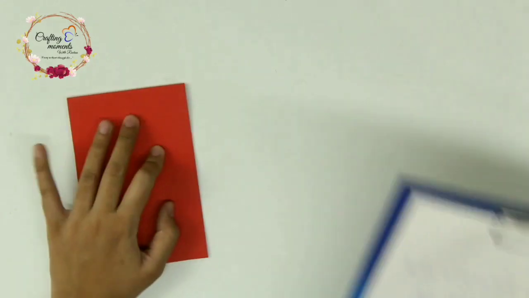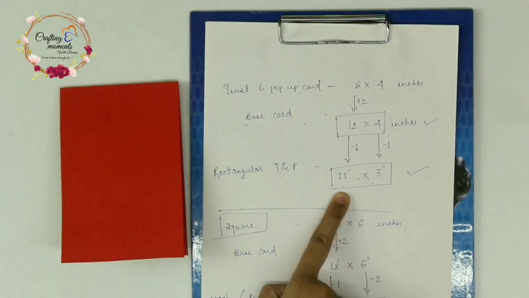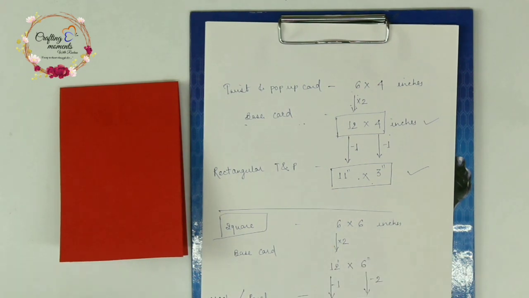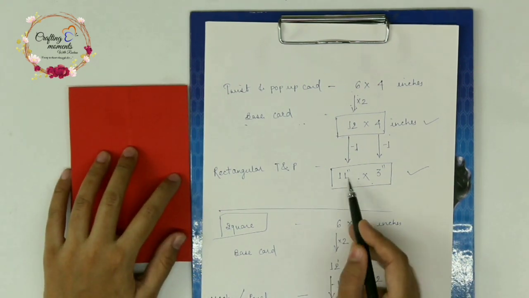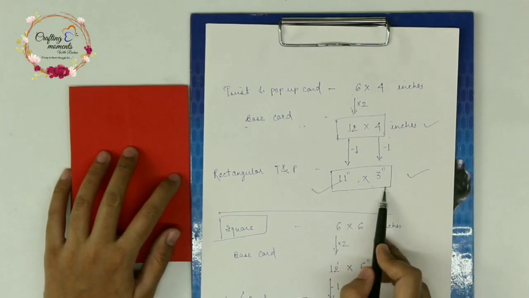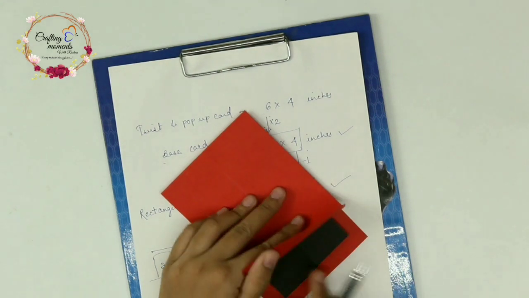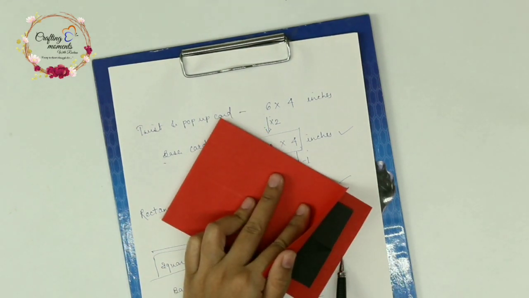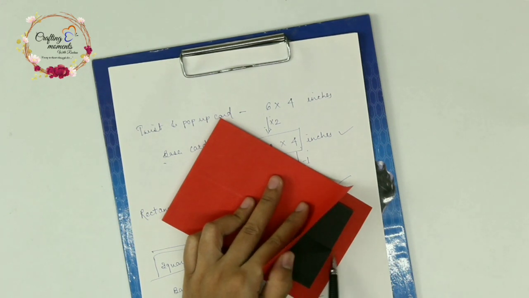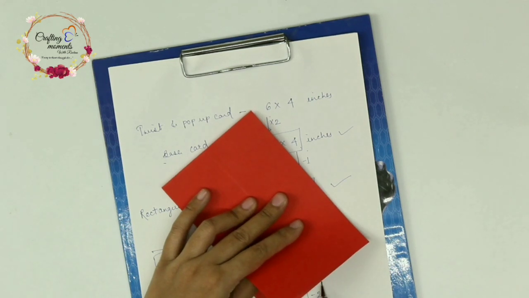One more thing I want to add here is that the size which we have got here after the rule of subtraction is the maximum size. Here we have got for the inner parts 11 by 3 inches, right? So this is the maximum size. You just can't increase it. If you increase this, then what will happen? See, this is the length and only ½ inch margin over here left. So if you increase the length, then this mechanism may come out of the card in case of any misalignment or mismeasurement. So you just can't increase it.